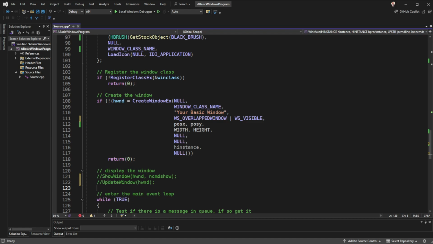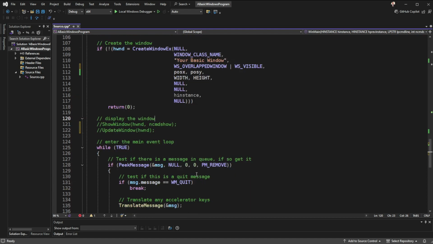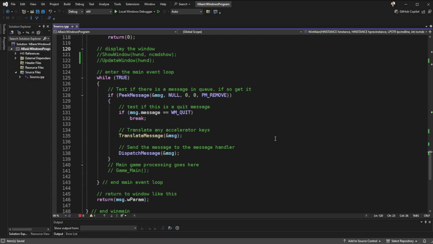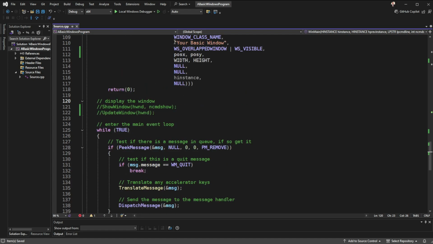If we don't include this WS_VISIBLE flag, then we have to do these two lines of code to actually show the window, or it won't show up. So I'm commenting this out and putting that in there, and the window will appear without having to do this extra code in here. It's some of the little quirks of Windows programming. Okay, so we've created our window,